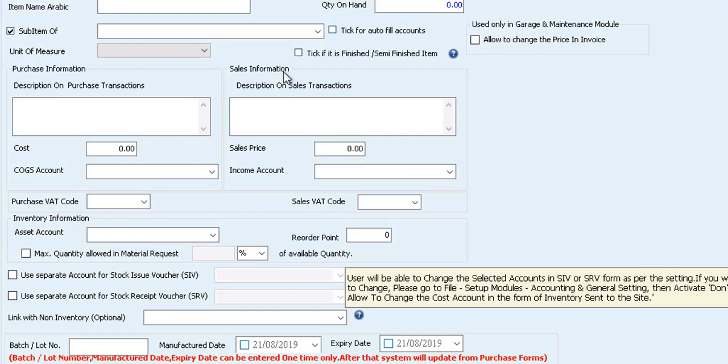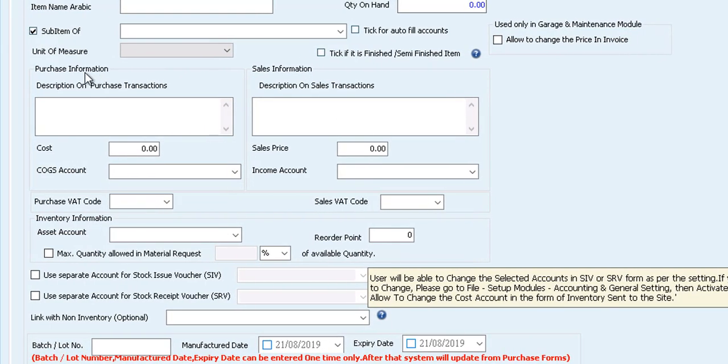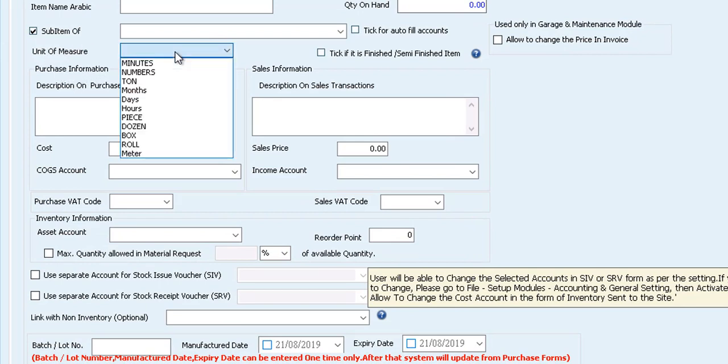And notice here also we have the purchase information. But before we go to that, let's see here the unit of measurement. Notice that you have and must select what exactly is the unit of measurement. Is it measured in minutes, in numbers, months, stone, days, hours? So this is important and also must be